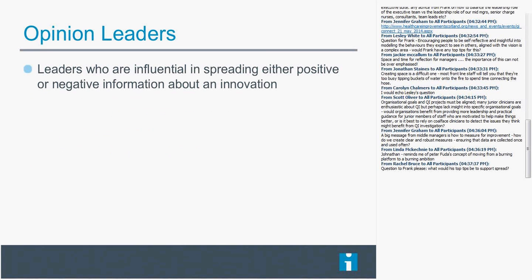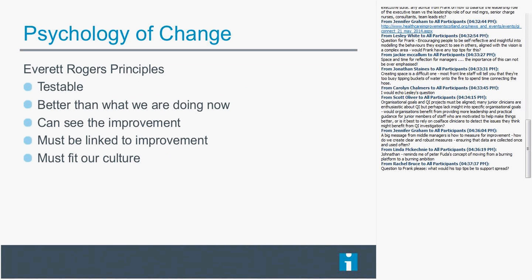You also need opinion leaders. You cannot do any of this work until you find who the opinion leaders are. These are people who are influential. They may not necessarily be the administrative leaders. They may not necessarily be the folks who everybody looks up to in some fashion. But these are the people who, whatever they say, somebody else will say, well, if Brian says that's something we should be doing, then I think we should consider that, and we should do it.